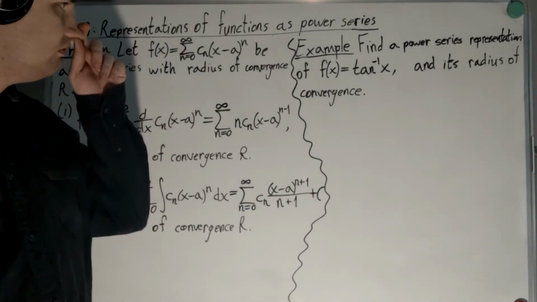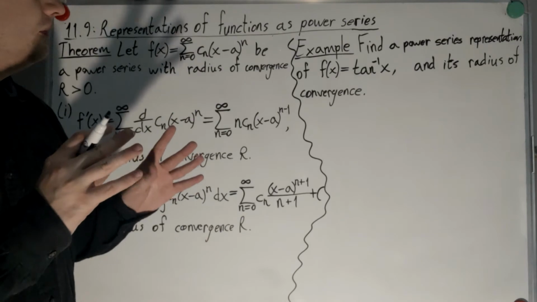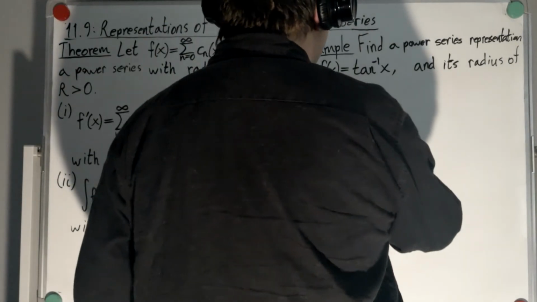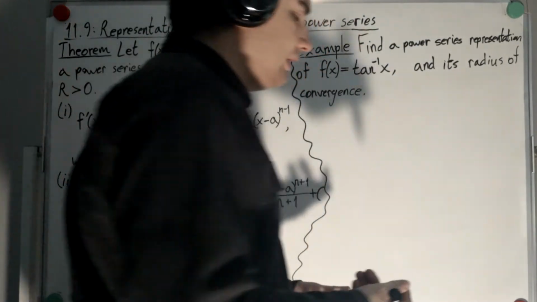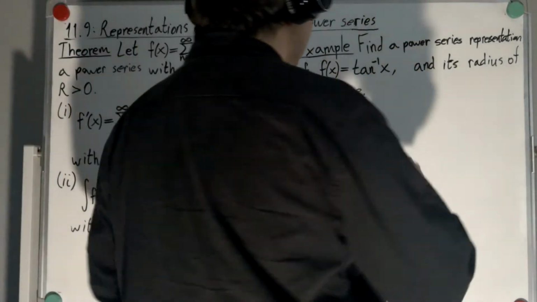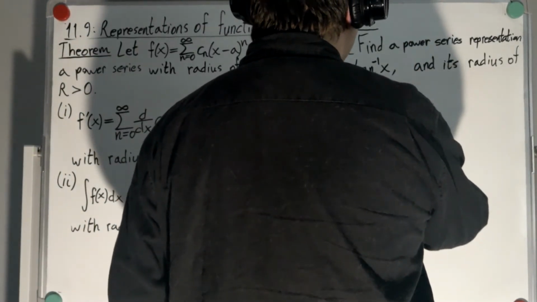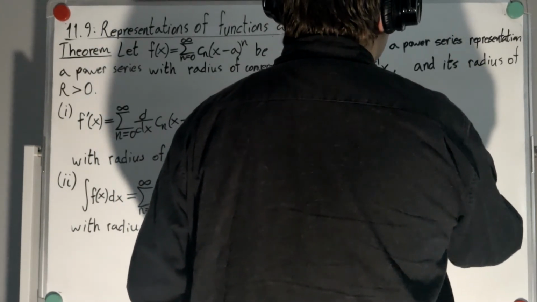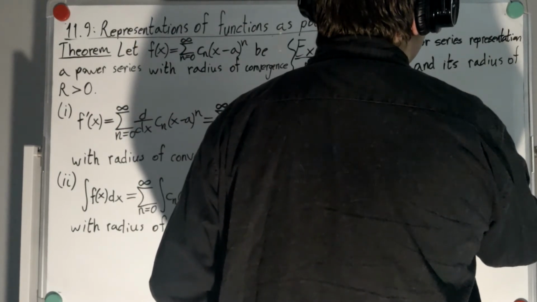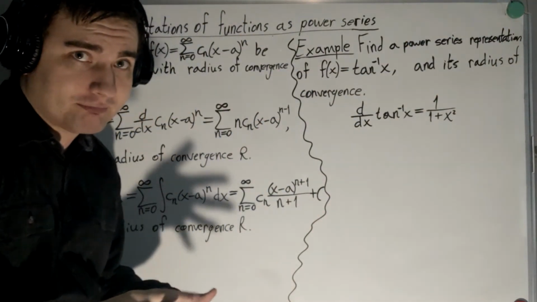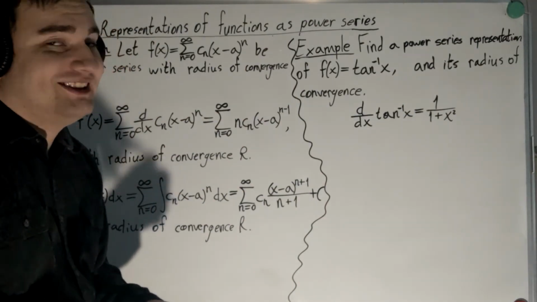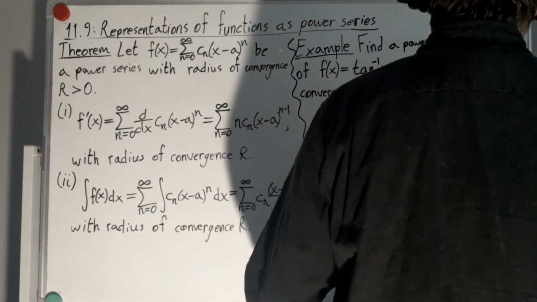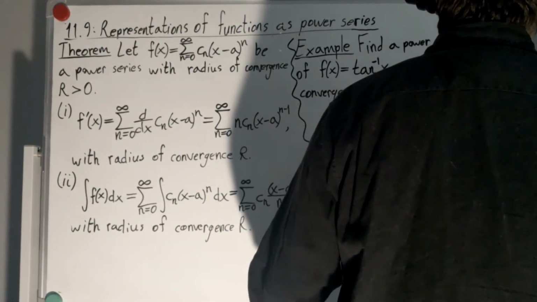Well, we do know that the derivative of arctangent x is equal to 1 over 1 plus x squared, right? And then that's a power series, right? So this is the same as 1 over 1 minus negative x squared,